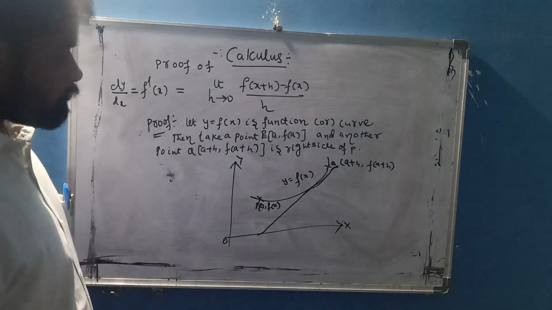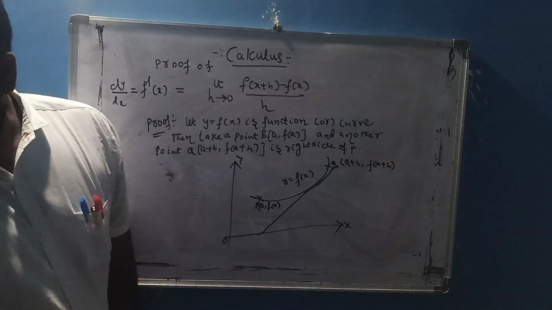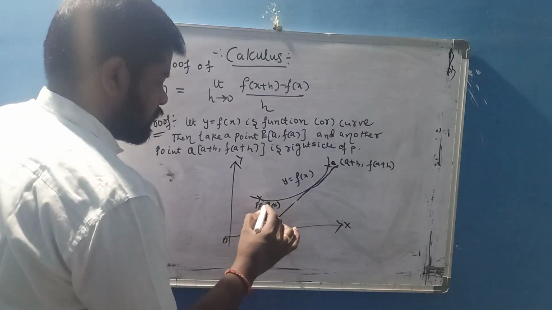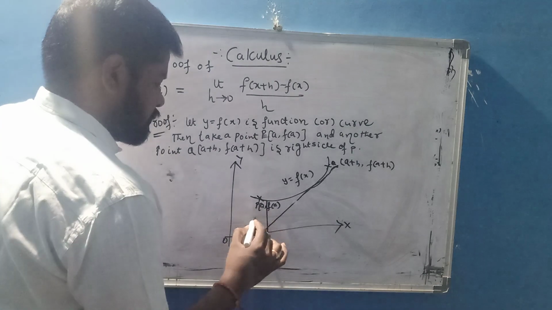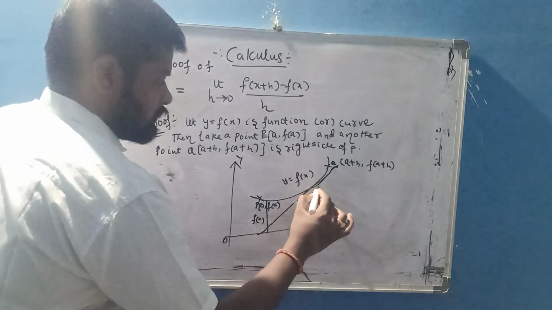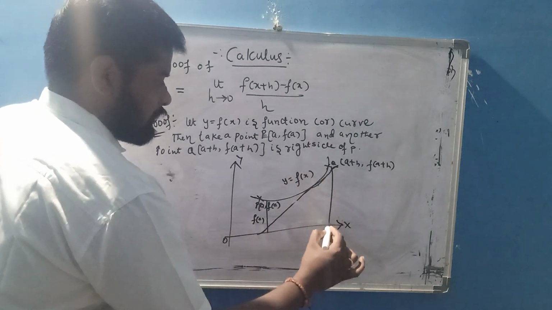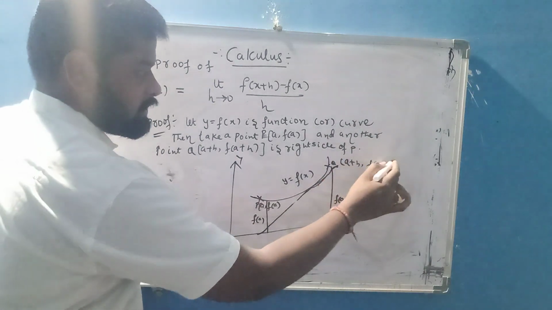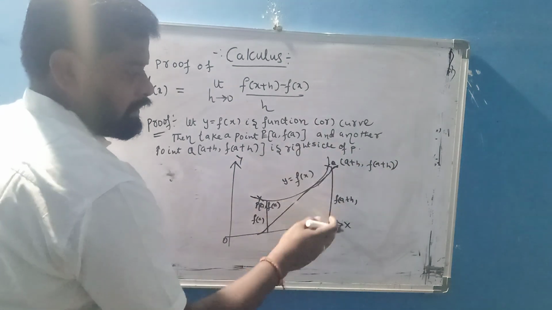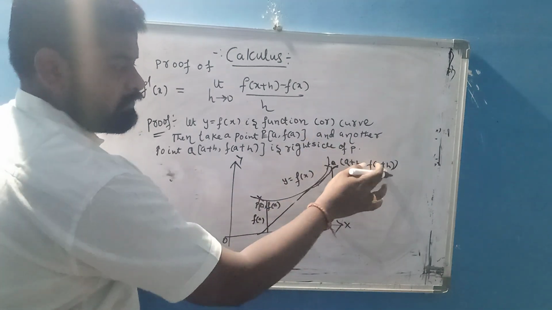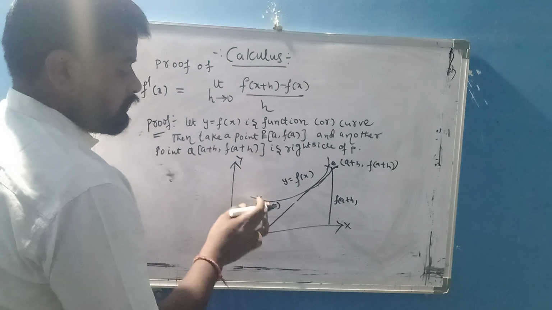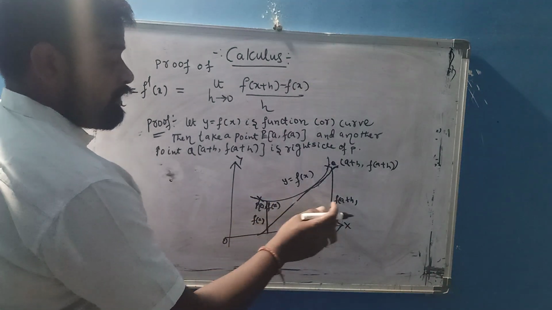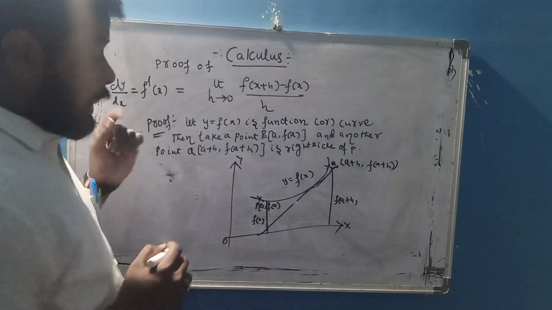After that, here f of a. Here I have taken one tangent. This is f of a. This is f of a plus h. That only, a plus h, f of a plus h. This is the x coordinate, this is the y coordinate. It is parallel to the y axis. This is the f of a plus h y coordinate, and here also the y coordinate f of a, that is parallel to the y axis. These are f of a. This is f of a plus h.